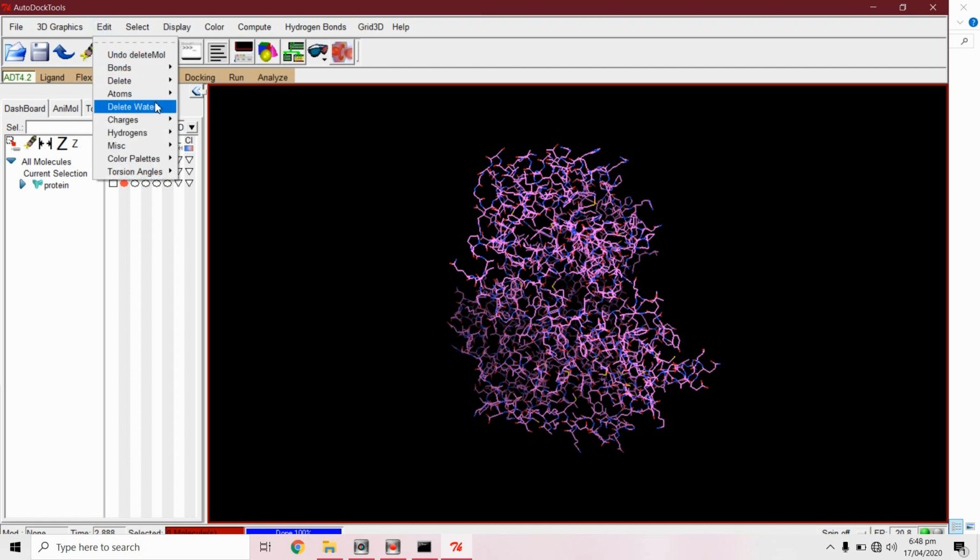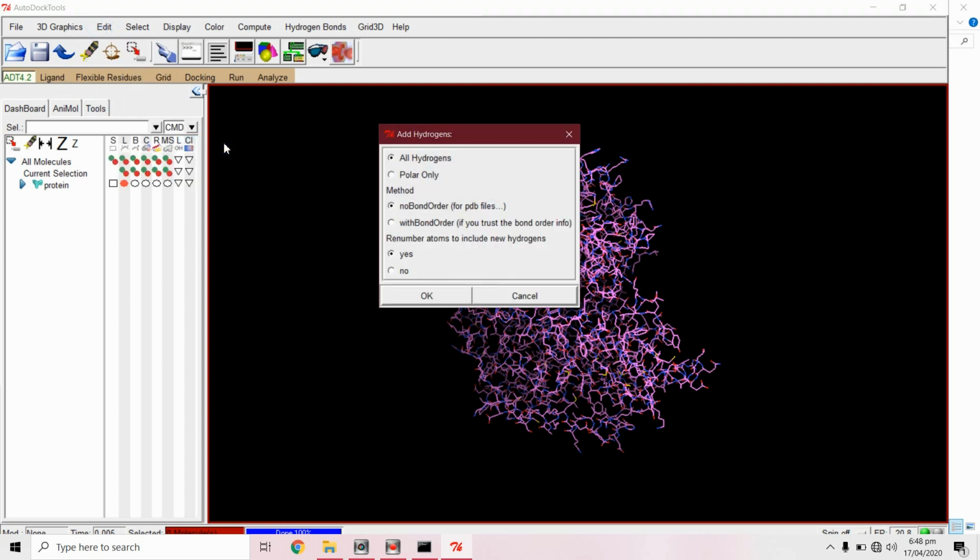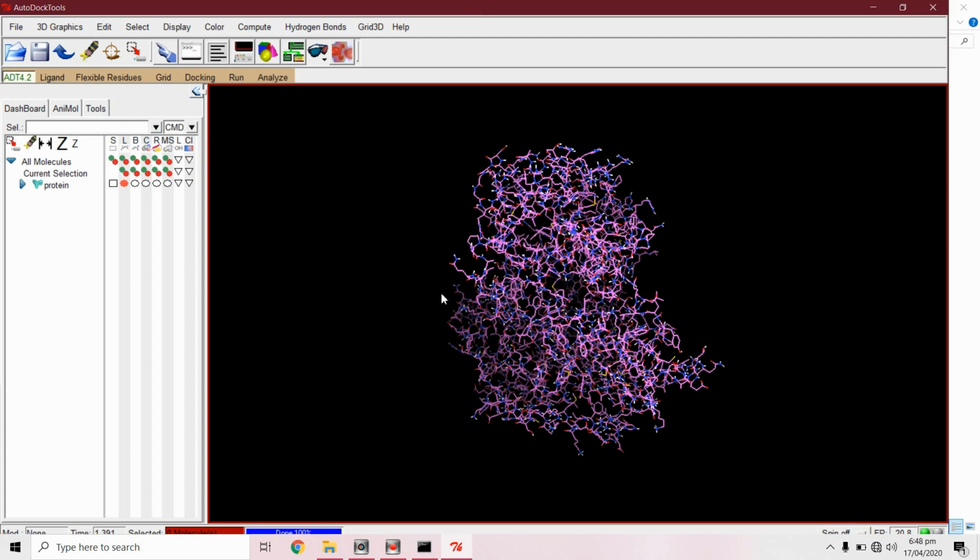From edit, delete water molecules. Then we will add hydrogen atoms, polar only. Then we will save this molecule in .pdbqt format. From grid, macromolecules, choose